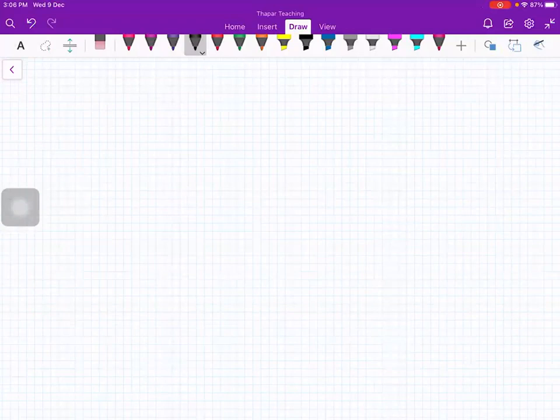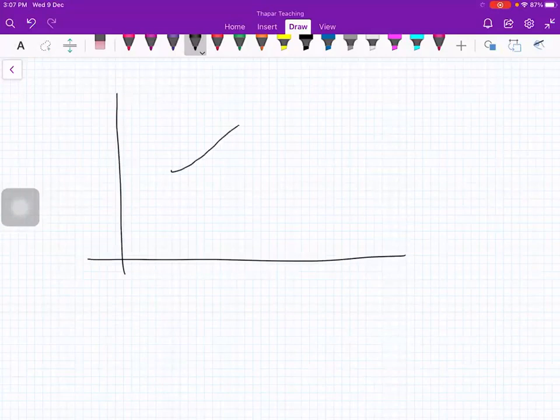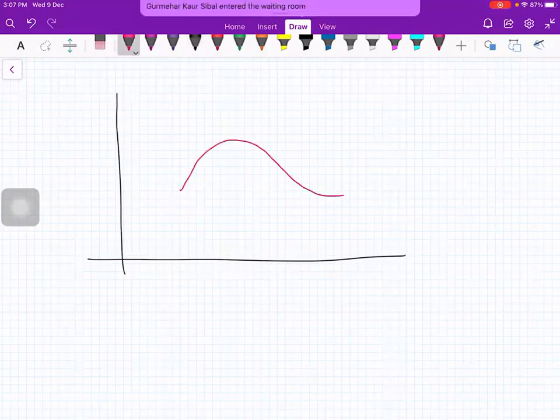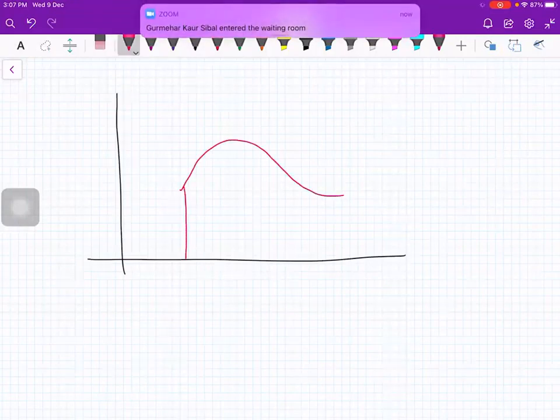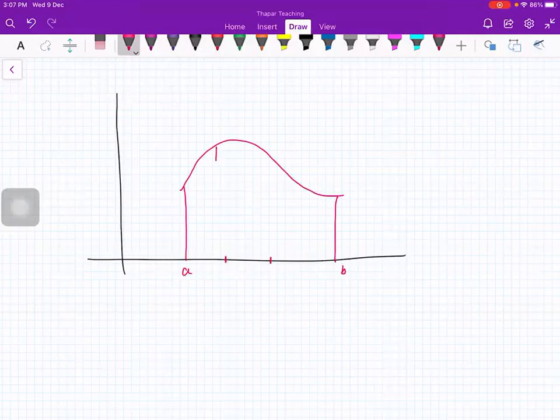Actually, I'm going a little bit back. What is the idea of how the integral came into existence? So you have this curve here. Let me draw like this. You have this curve here, right? I will just take 3 points. So this is my A, this is my B. I will just divide into 3 parts, right? I have divided into 3 parts because suppose I don't know integration.